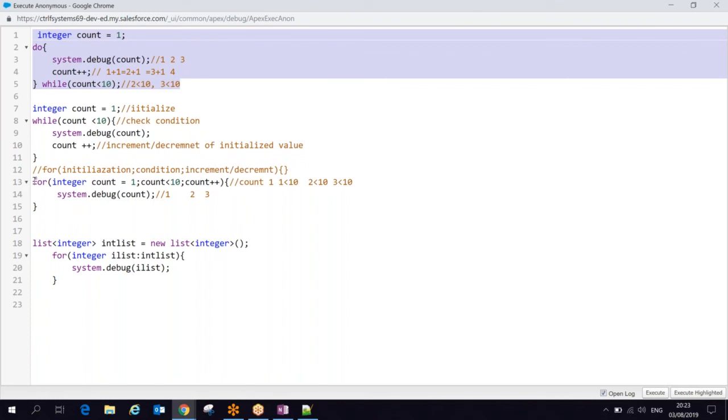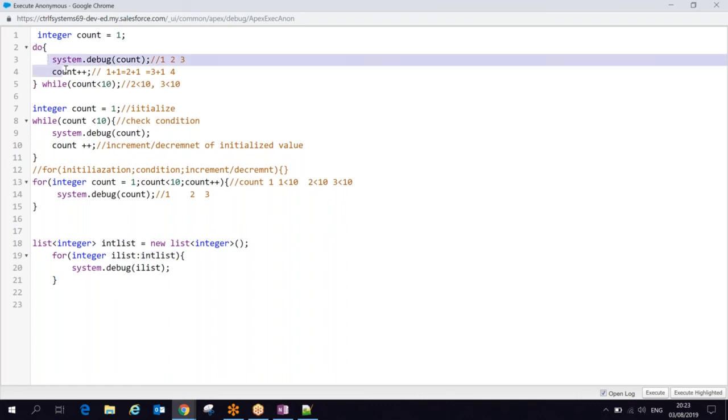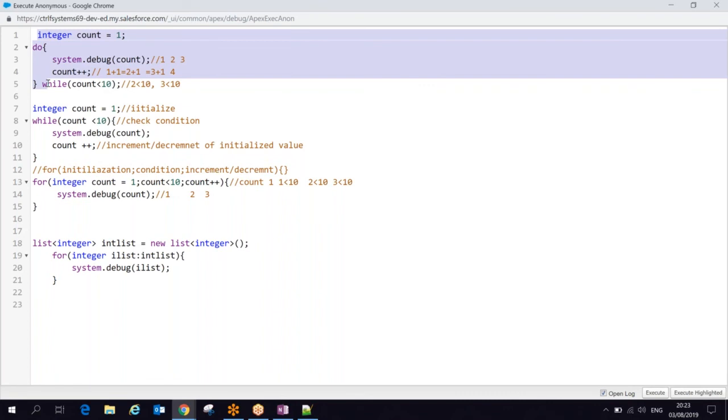Consider I want to process my logic in this part whenever there is any case record. But I also want to check if there is no case record, and do some other activities if my condition is not satisfied. At least once I want to process this logic and then continue if my condition is satisfied. If this kind of requirement comes, then you have to go for do while. Do while is not the replacement of while or for, but for is the replacement of while. So in your org you can see many for loops, and you will see mostly this one, for.